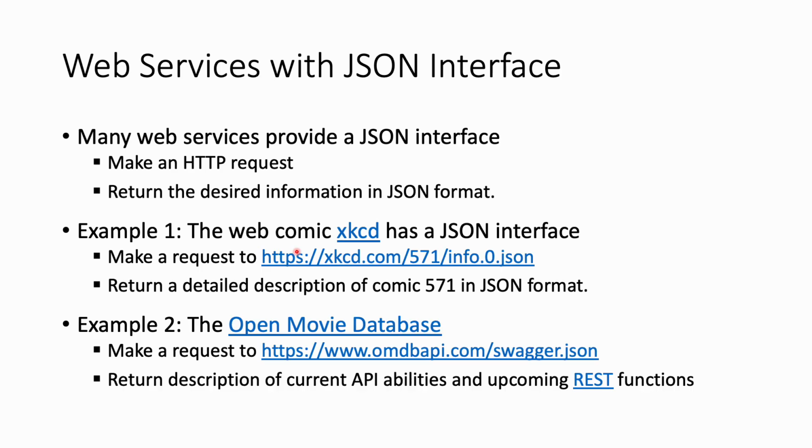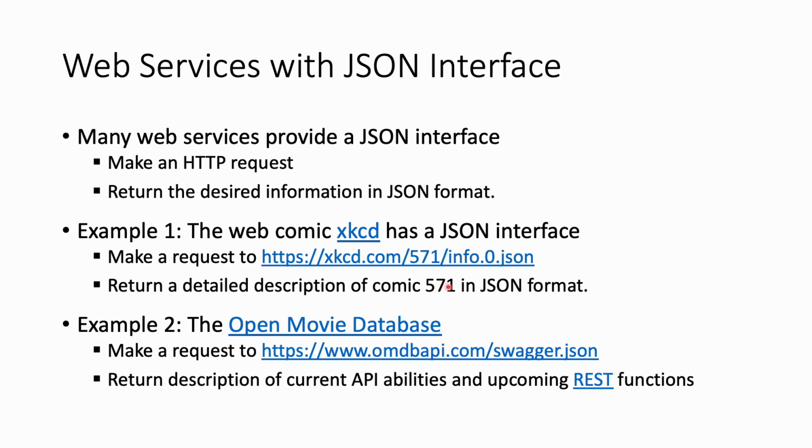To access the JSON interface of the web comic XKCD, for example, you just make a request at the URL xkcd.com/571/info.0.json. By typing this URL into a web browser, it will return a detailed description of comic number 571